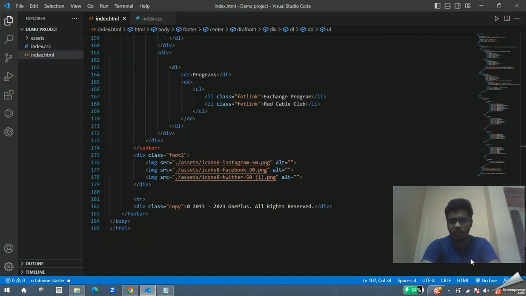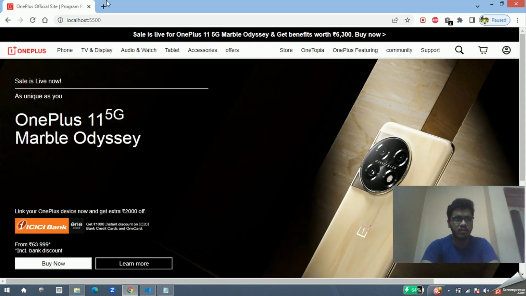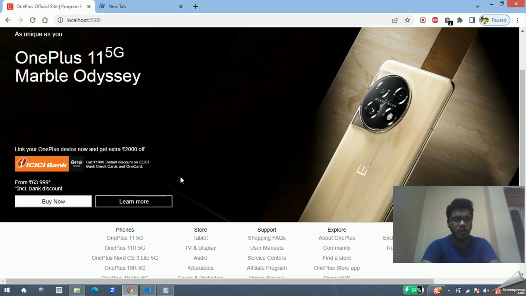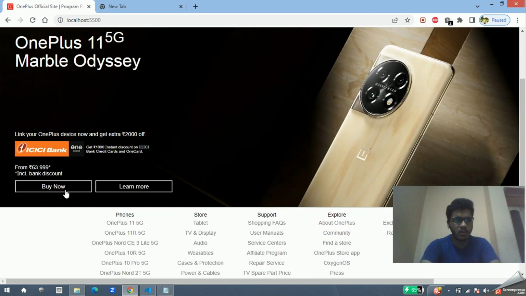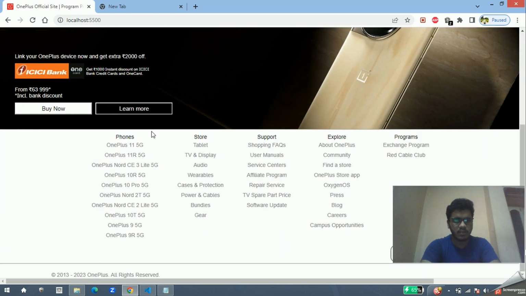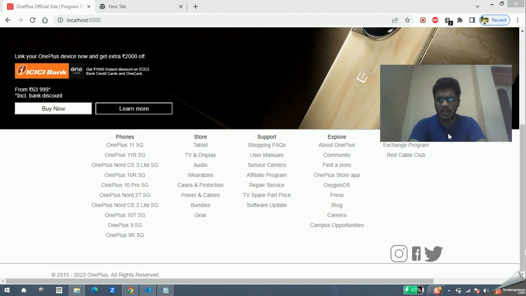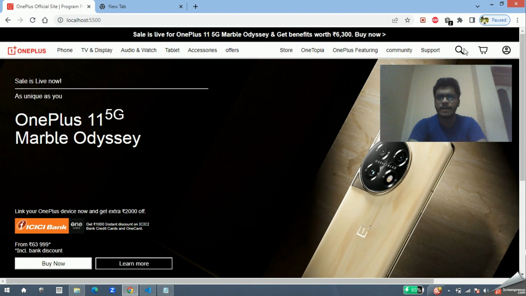Okay, we'll go live from the HTML file. Go live. Okay, this is the output. Reload the site again. Okay, this is the output. And whenever we hover onto the navigation bar, you can see a line which is coming at the bottom, and there's a space between these two elements. When we get down, we can see another hovering effect over here. Okay, this is the footer section in which we have another hovering effect. Yeah, this is basically the whole OnePlus site, and this is the contact section. All the social handles are maintained, and yeah, these are the icons which